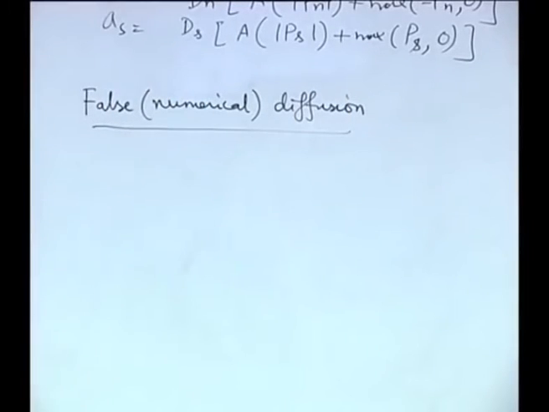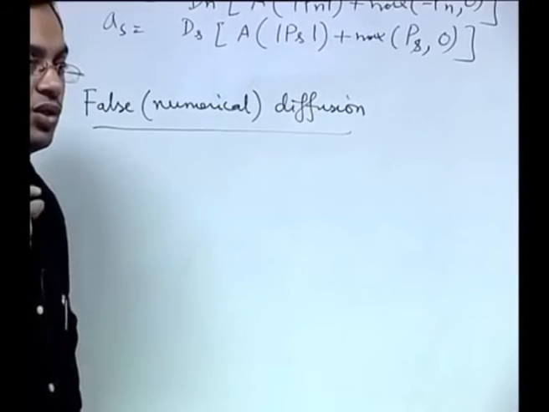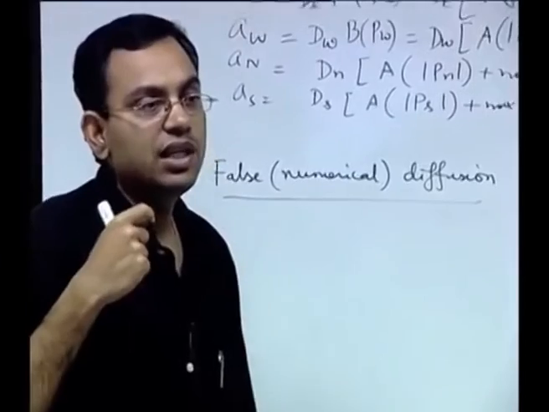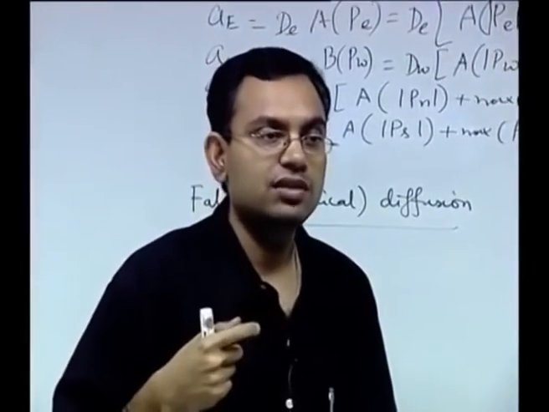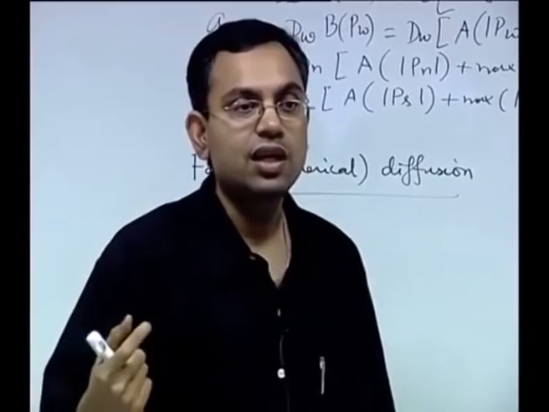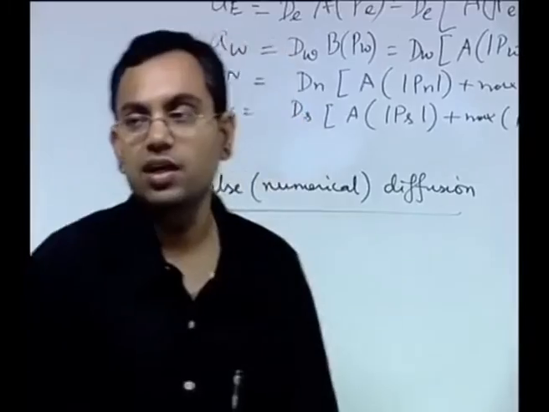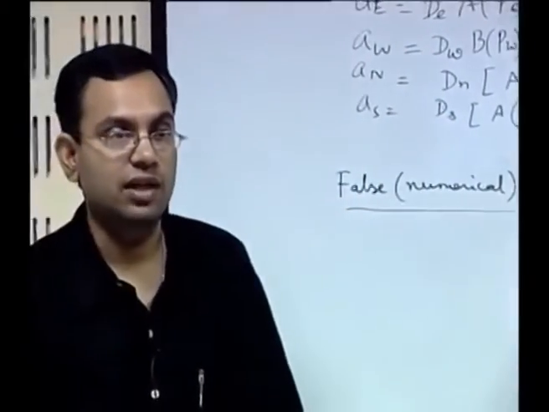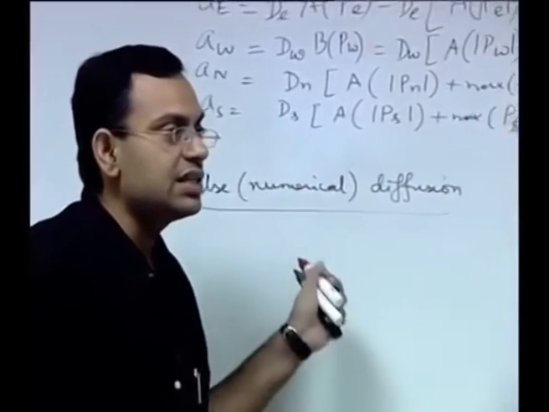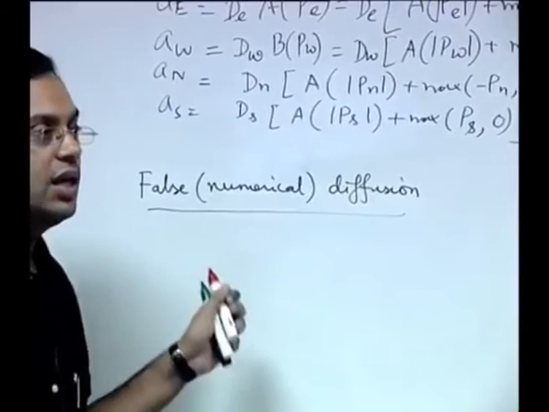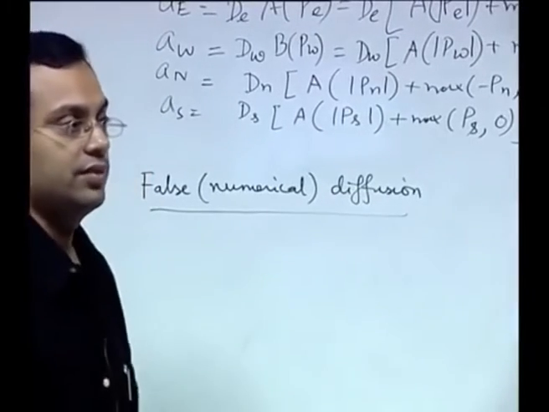By the name of false diffusion, it is apparent that it is a diffusion which is not a physical one. So, it is an extra diffusion which can be thought of as originating as a numerical artifact, that is because of numerical errors or something, a false quantification of additional amount of diffusion is there where that diffusion is physically not there. So if that kind of situation arises, then it is considered that that particular scheme has a problem with false diffusion.